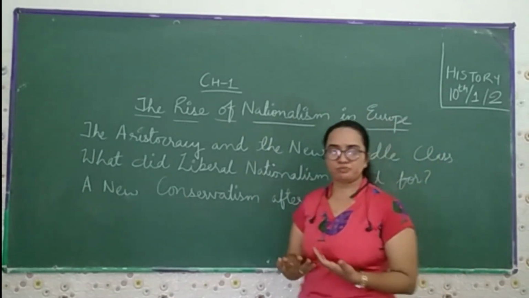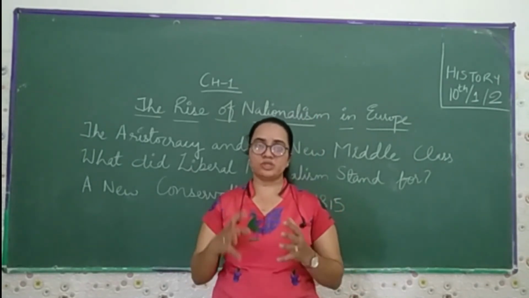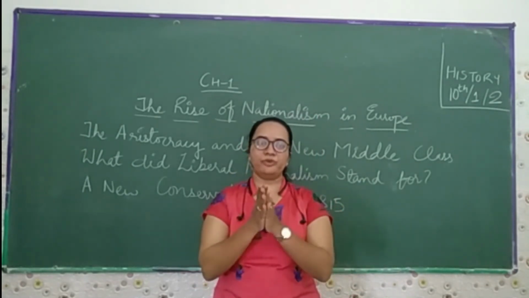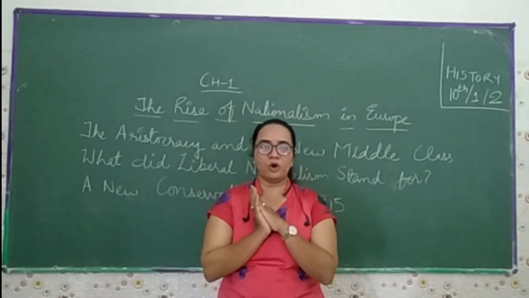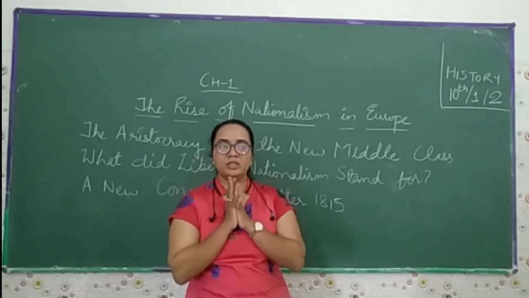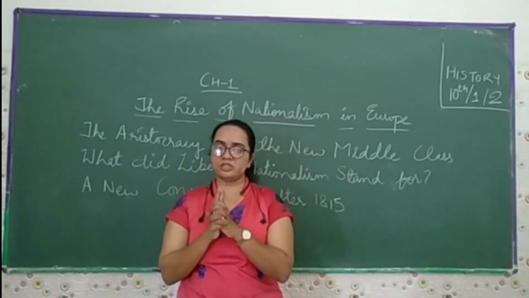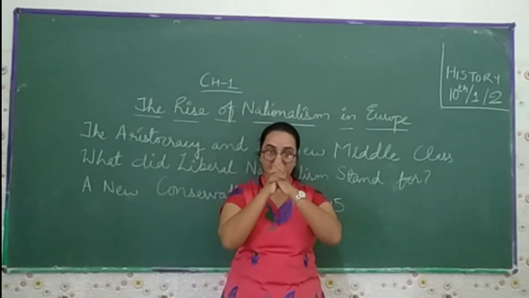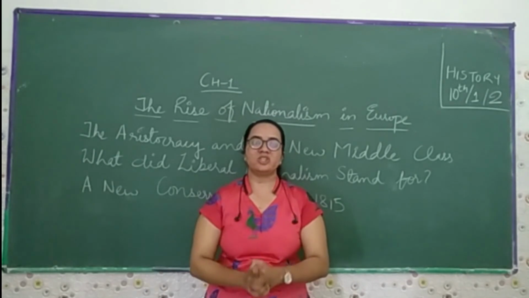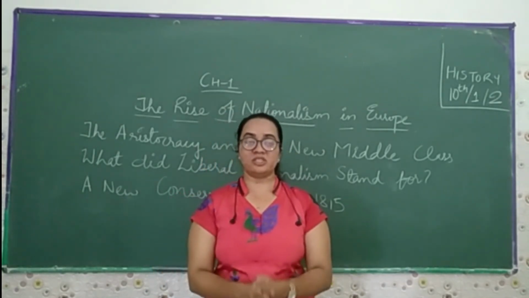Then later we come to know about the new conservatives after 1815, and the number of changes that took place at that time, and what kind of changes they wanted to see, especially freedom of the press. Earlier the press was under the royal people and published whatever order was given by them, but now they wanted the freedom to capture whatever incidents happened anywhere in Europe and publish them in their newspapers, because in the 18th century, industrialization first started in Europe.